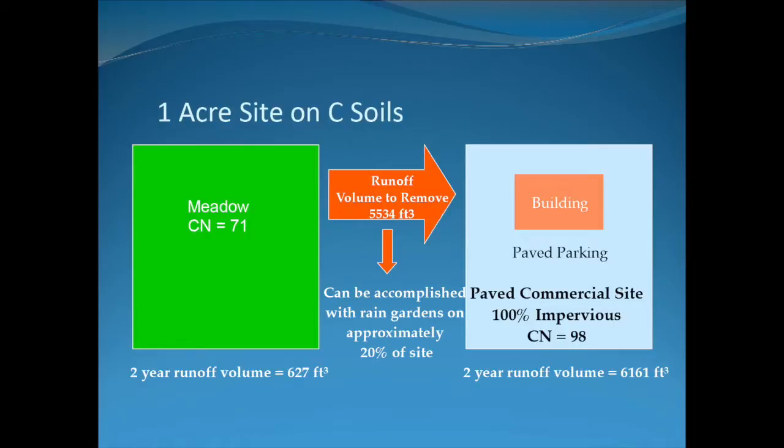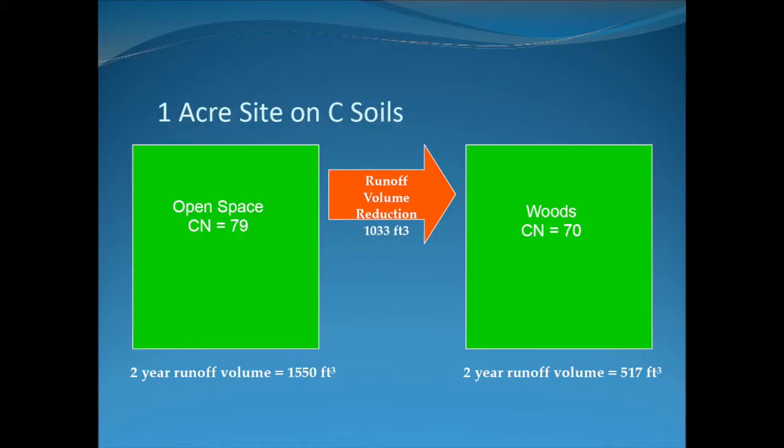Okay, so you would give up only 20% of that, which is also probably close to what traffic islands right now would take up, and other attributes that you would work in to have no or limited lid control. But the other thing I wanted to point out is that if you had open space, basically an abandoned lot that had a curve number of 79, and you just went and planted a bunch of trees on that site,